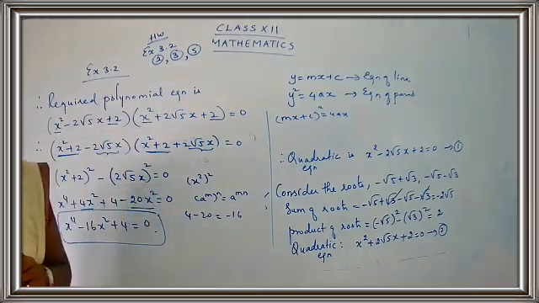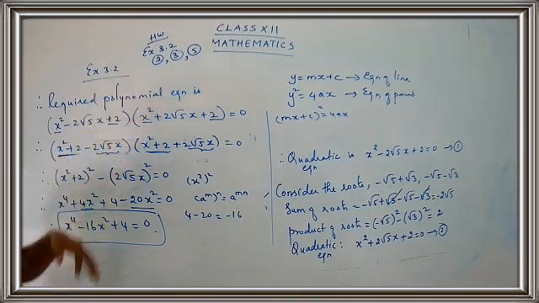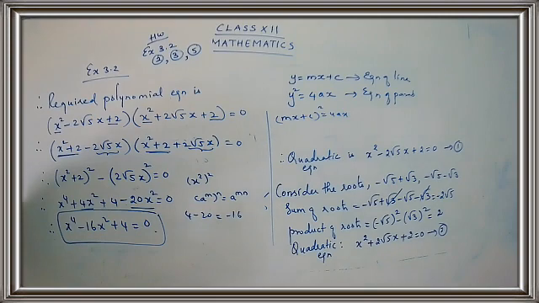So with this, we complete our exercise 3.2. I have just given you 3 sums, that is sum number 2, 3 and 5. You have to complete these 3 sums, and with this, we complete our exercise 3.2. Yes, children? So in the next class, we'll be continuing with a new exercise 3.3.